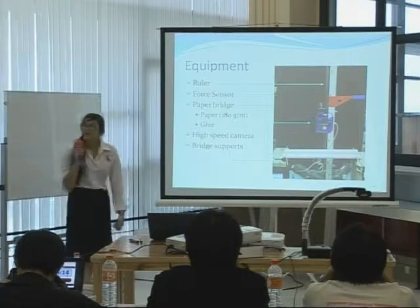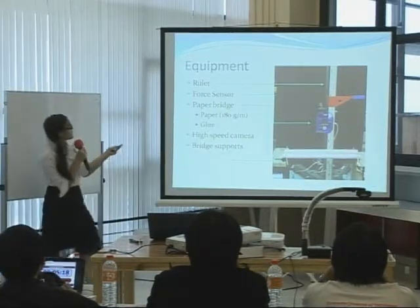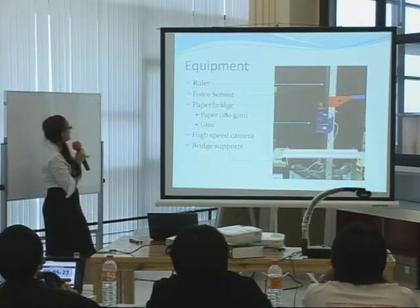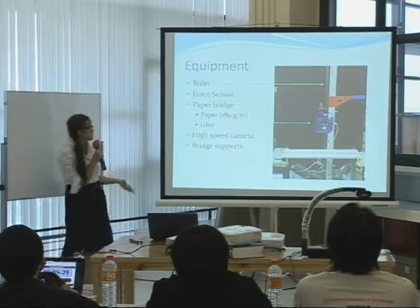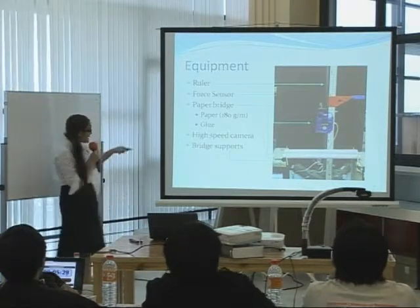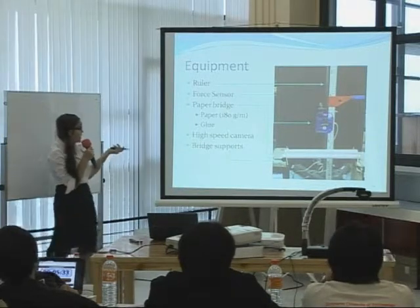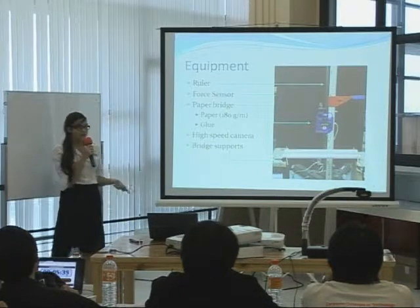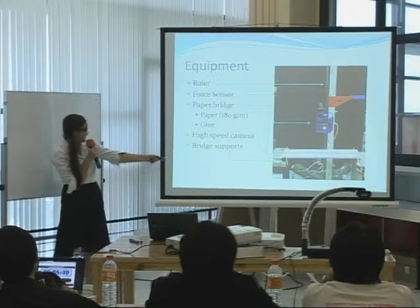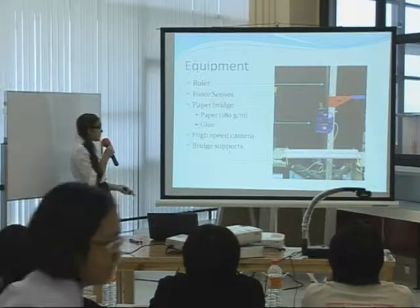So in the experimentation, we used a ruler for calibration when tracking, and a force sensor because first of all it's very efficient because we get data inputted straight into the computer, and also it keeps the contact surface with the bridge constant. Otherwise, if we're doing